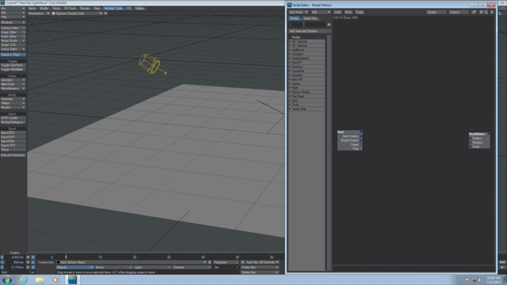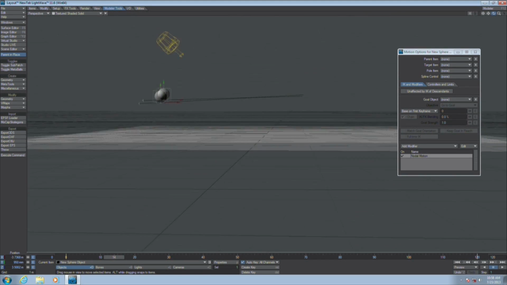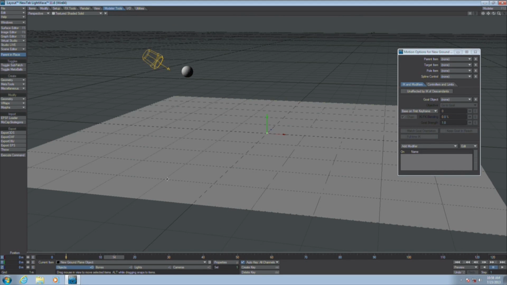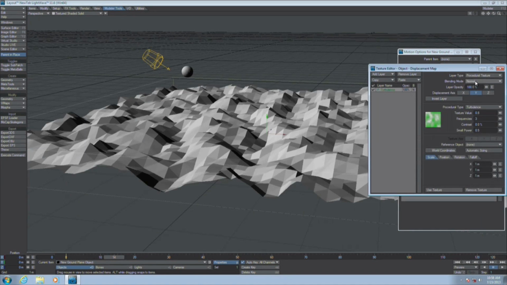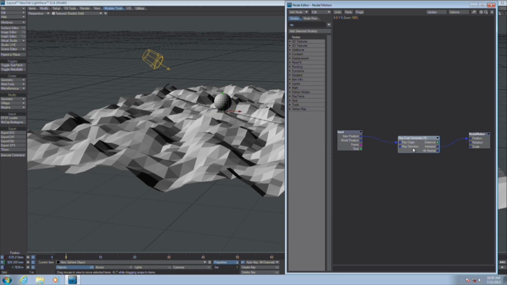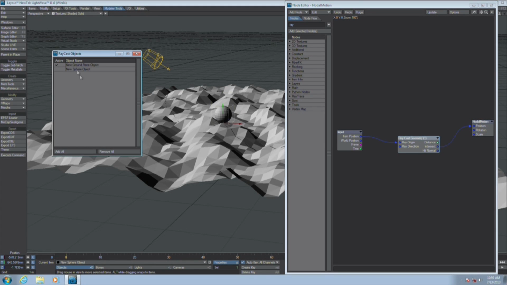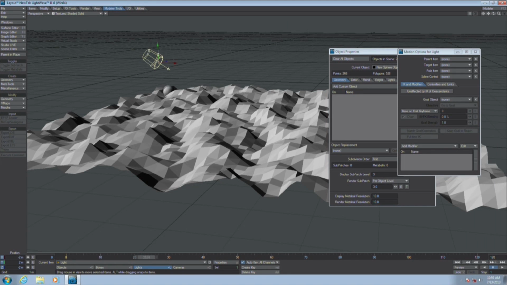Node of motion, Raycast. Forgot to tell it to look at the ground. There we go. So now as this comes across the displaced ground,